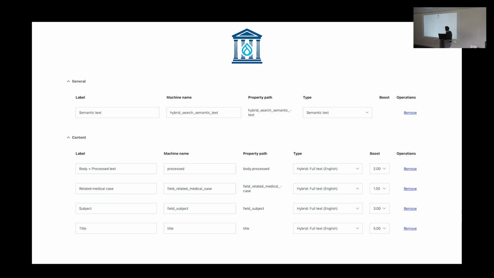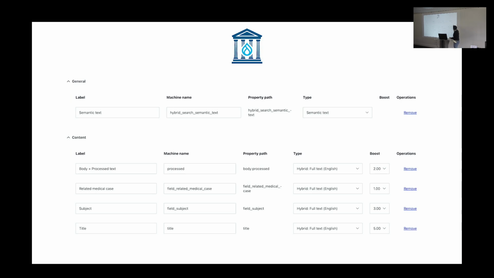And the type is this hybrid full text that is also provided by this custom module. That basically makes it understand that, okay, these values are going to be then merged into this hybrid search virtual kind of field, because this is what we are going to send at the end in the hybrid search in the Elasticsearch semantic server.